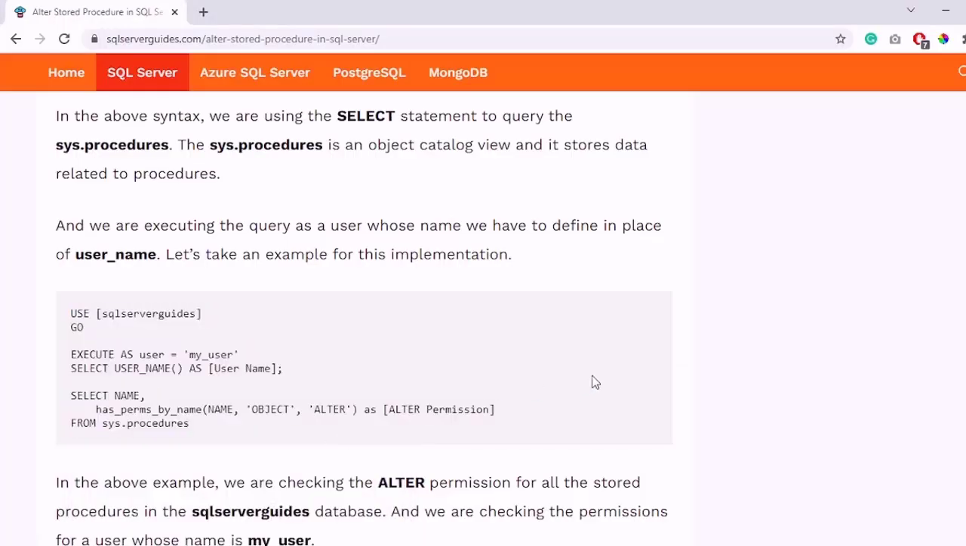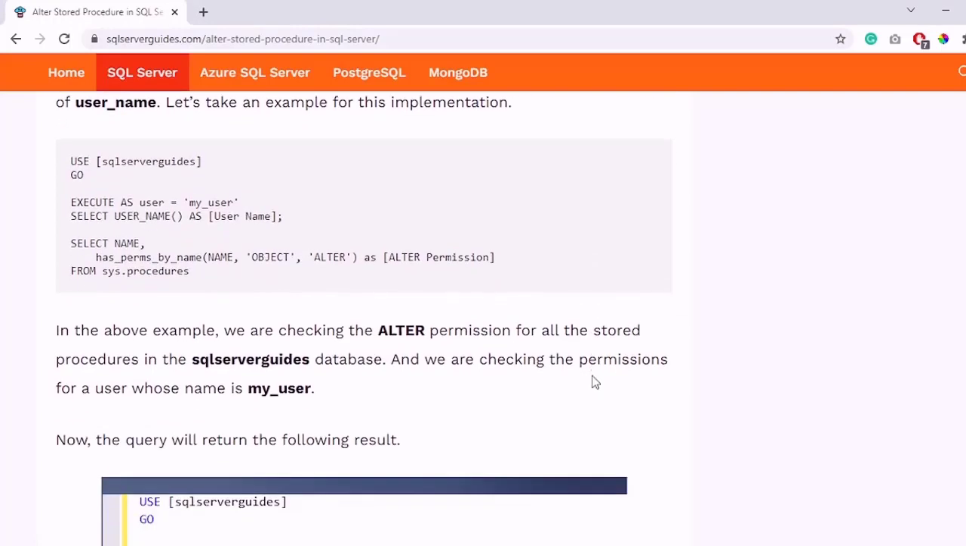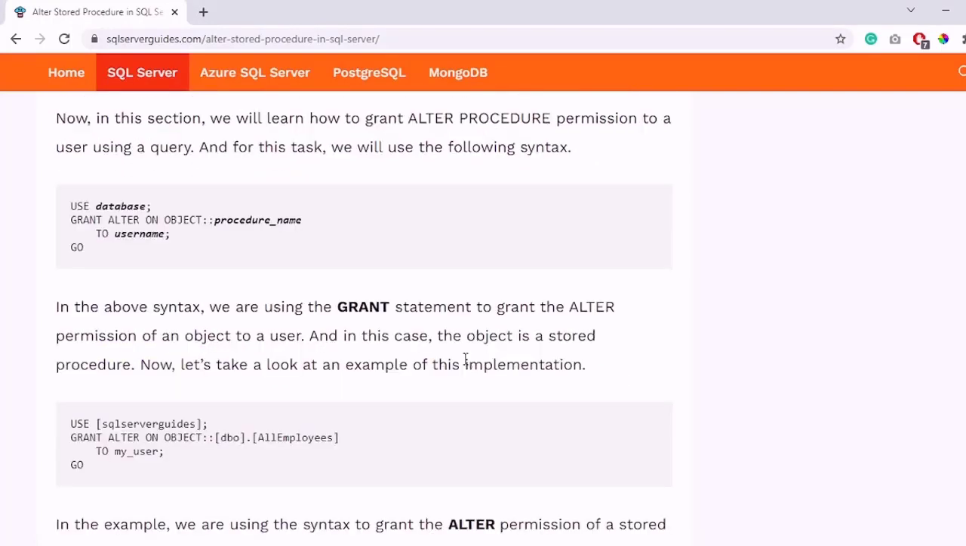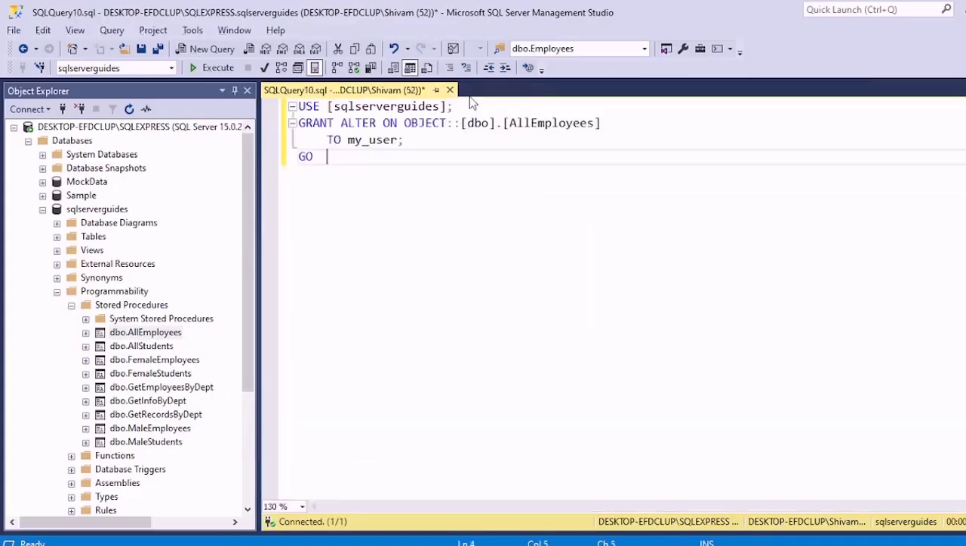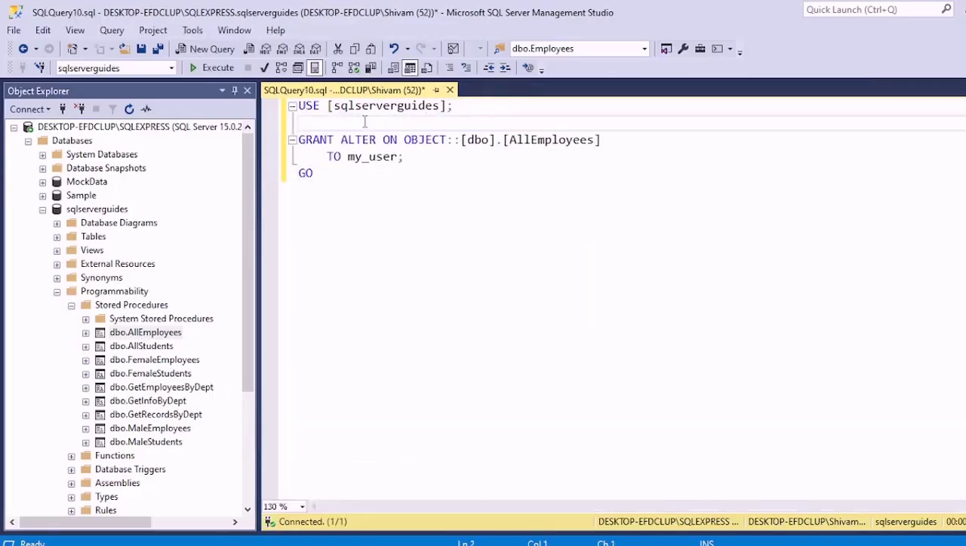For this implementation I will move back to the article. To grant a permission on any object we need to use the grant statement. Let's understand this by implementing this example. Let's copy this. The very first thing that I have done is specify my database. To grant this permission we will use grant, then we need to specify alter, the permission that we